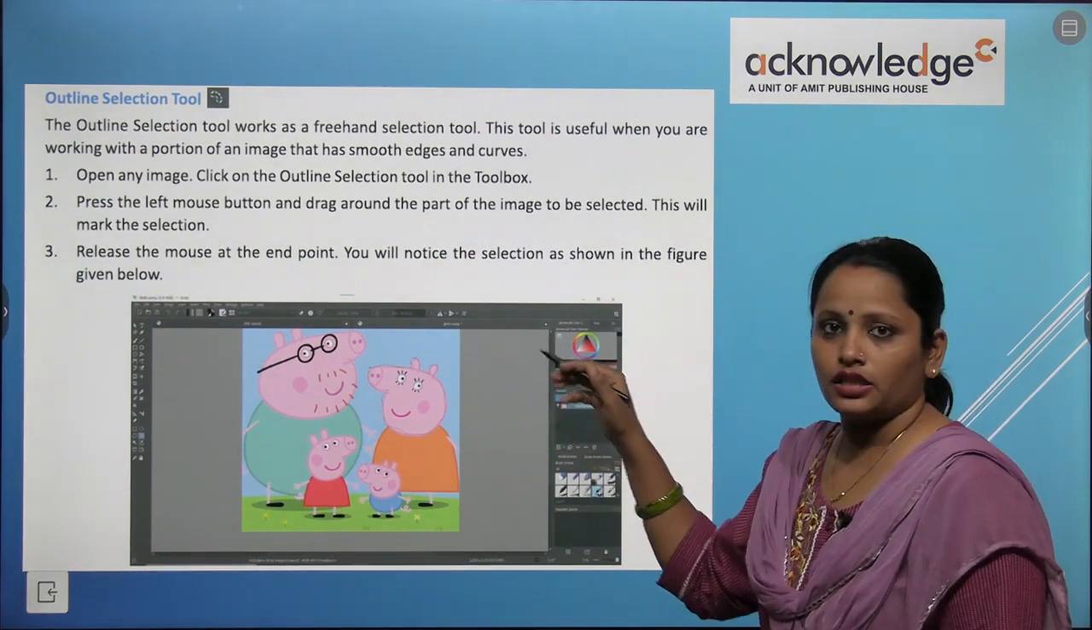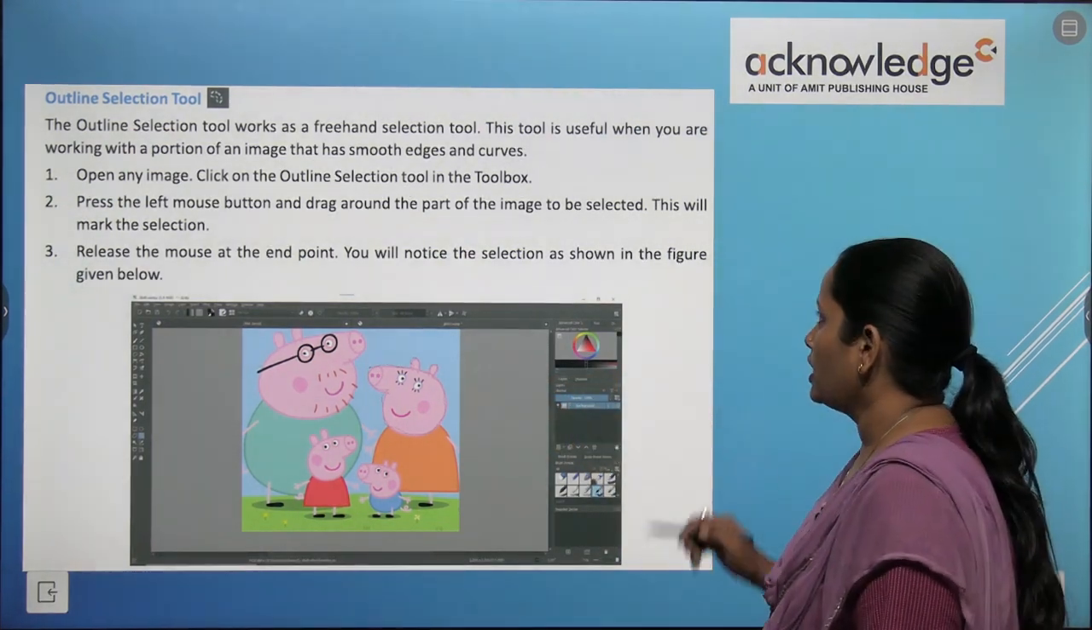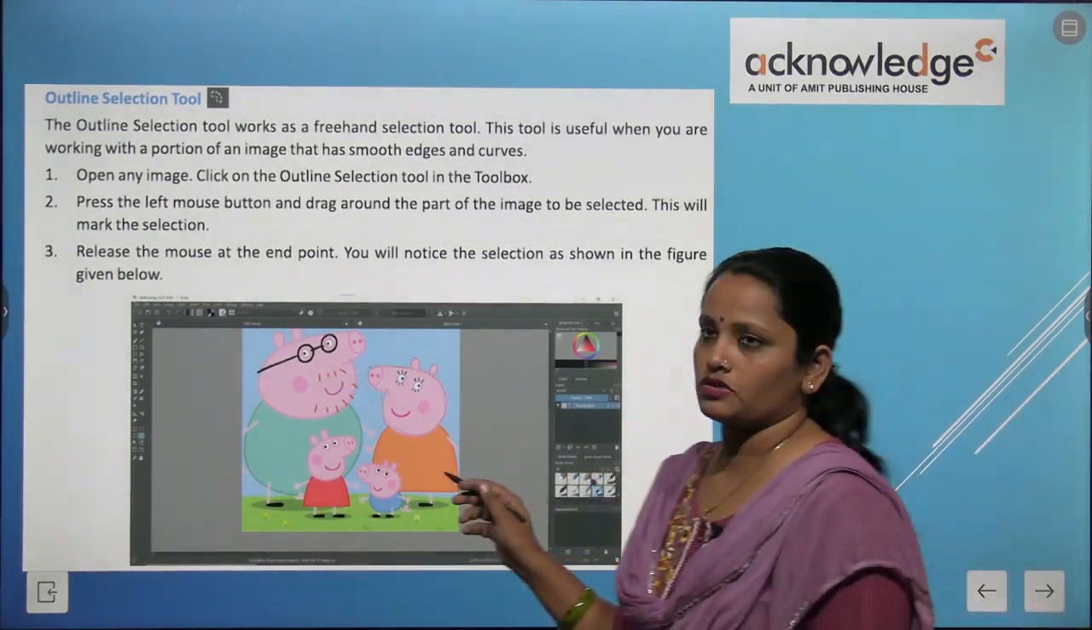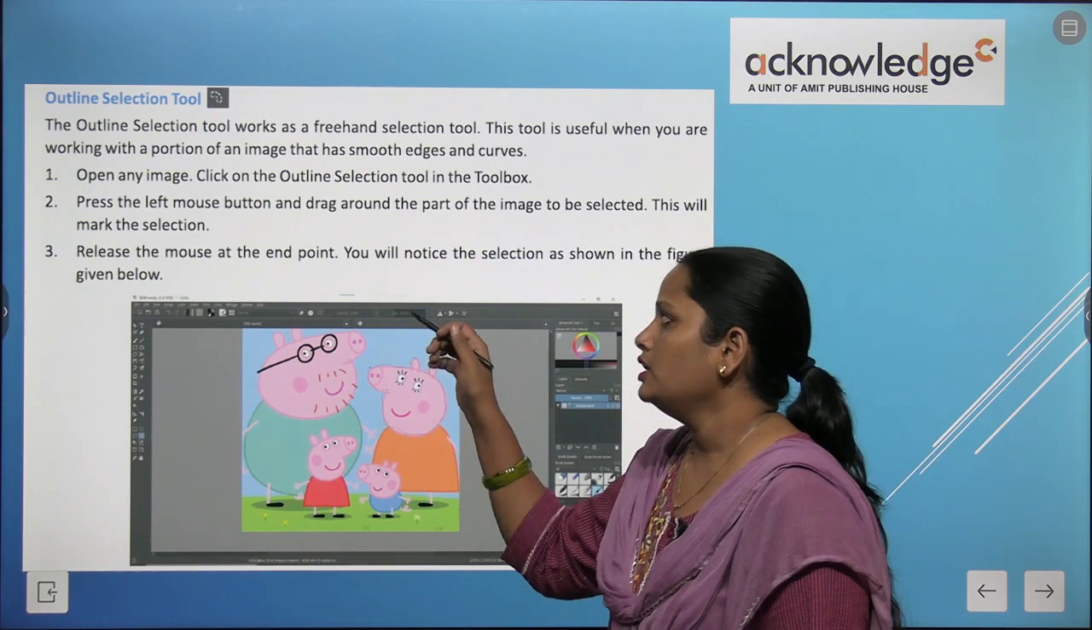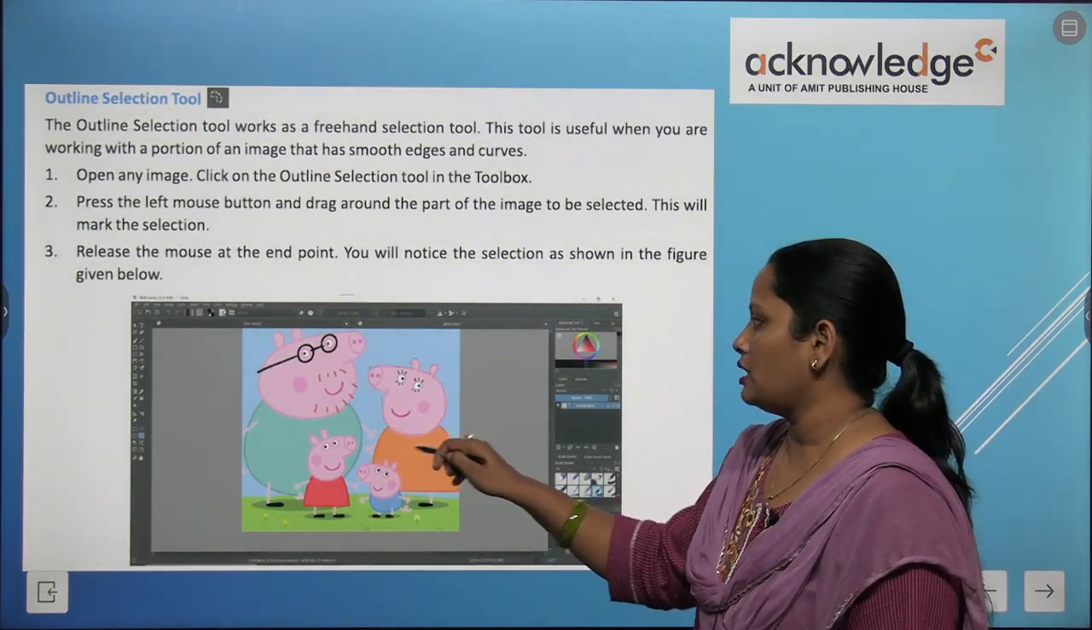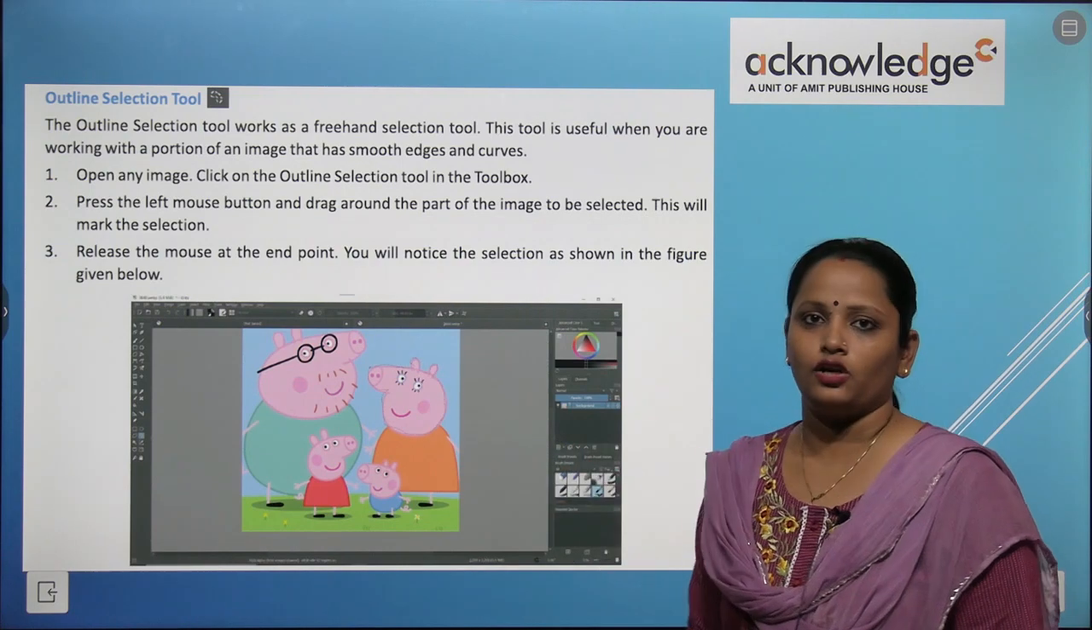So image के parts की तरफ हमने उसको draw कर दिया. This will mark the selection. So जैसे जैसे हमने draw करेंगे वैसे वैसे selection हमारा mark करता जाएगा. Release the mouse at the end. So मैंने नोज से स्टार्ट किया था, अगेन मैंने पूरी पिक्चर फेस को ड्रॉ करके और मैंने नोज पे लाके